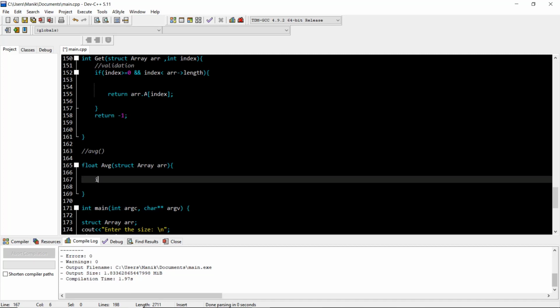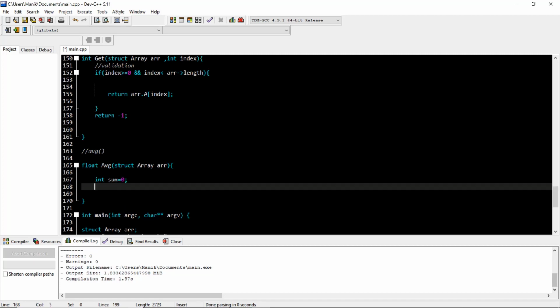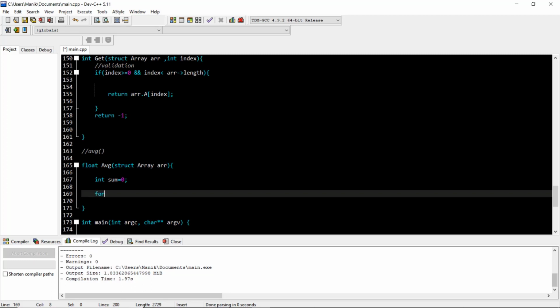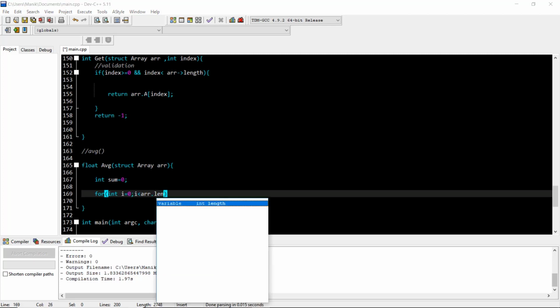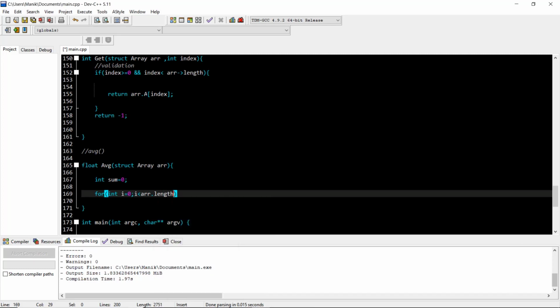First we need to do the sum part, so int sum is equal to 0, and in order to do the sum operation, just traverse the whole array. Int i is smaller than arr dot length, okay, so i plus plus.